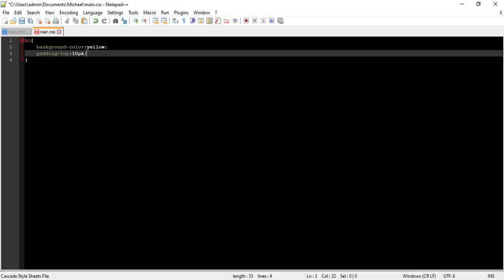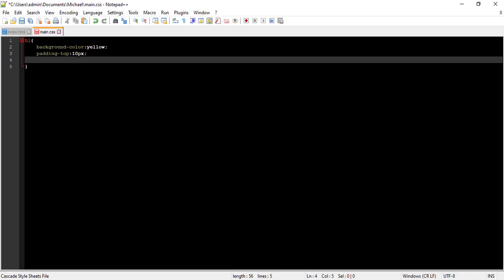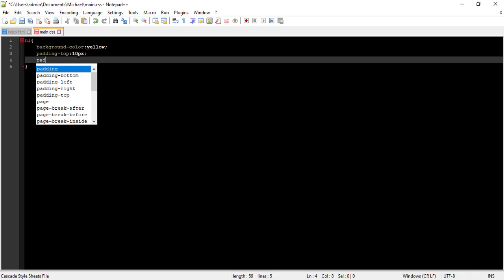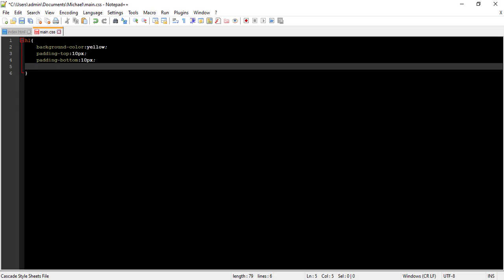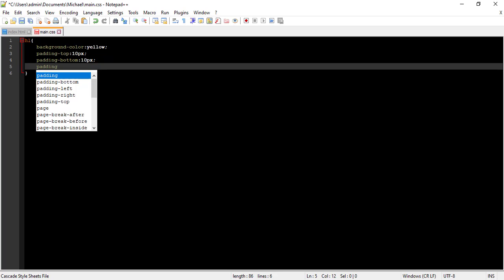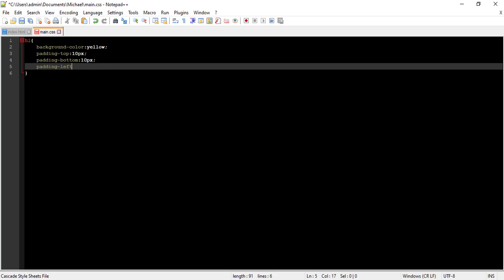And the bottom, the padding-bottom, 10px. You could use your desired measurement anyway, it's just an example. And our padding-left, oh, it's already popped up there, colon. Now let's give it a padding of 60 pixels